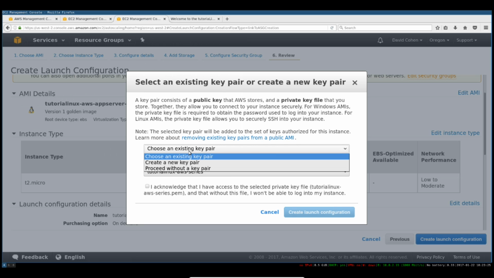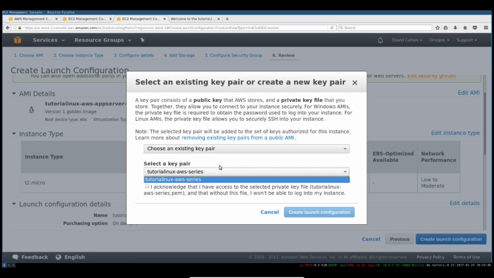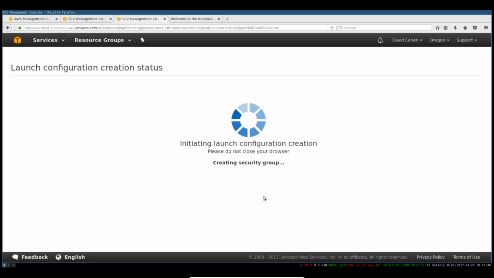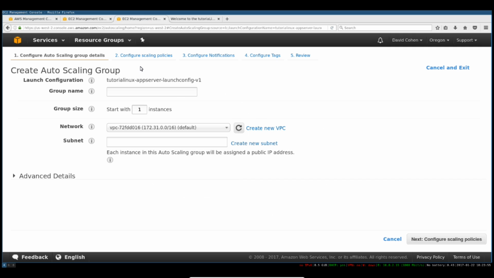So again, we're going to choose an existing key pair now because we already created that one. And we're going to select the only one in this dropdown. It's the only one that exists over here in this Oregon region. And I'm going to say, yes, I really do have that key, so I can log in. And we're going to go ahead and create this launch config. Now, you can create as many launch configs as you want, and you'll generally create one for each version of your app you launch. Now, we can create an auto-scaling group,